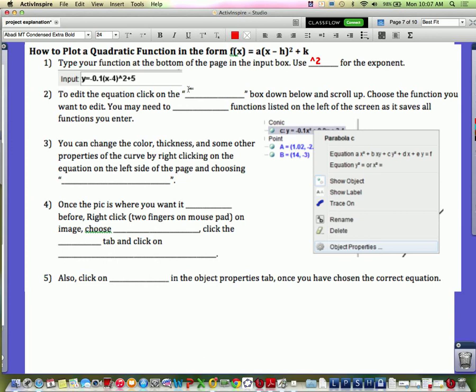And to edit the equation, you're going to click on input down at the bottom. And you'll scroll up. The thing about this program is it saves everything that you type in. So if you just have to change one little thing, all you have to do is arrow up and change that one little piece of the equation. You don't have to retype the whole equation. So that's kind of nice. And it says you may need to delete